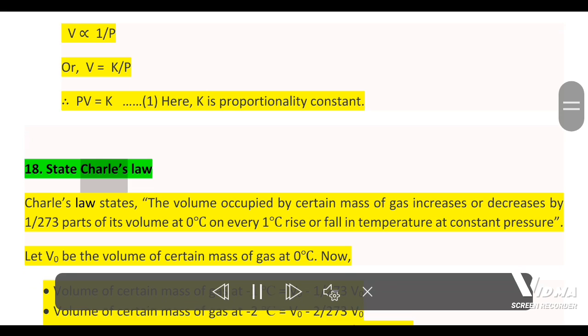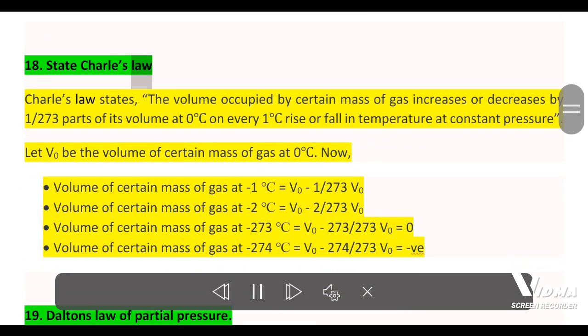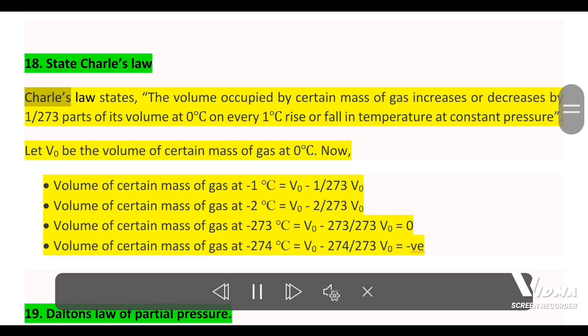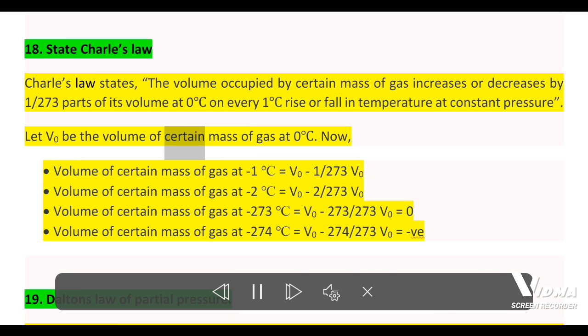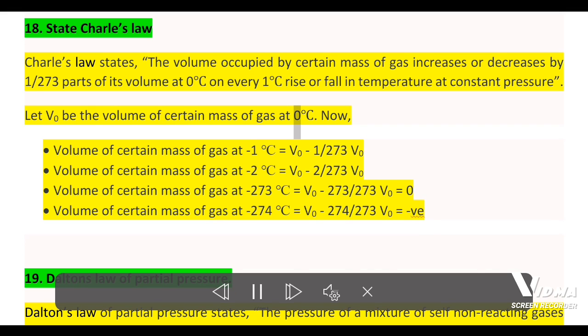18. State Charles' law. Charles' law states, the volume occupied by certain mass of gas increases or decreases by 1/273 parts of its volume at 0°C on every 1°C rise or fall in temperature at constant pressure. Let V0 be the volume of certain mass of gas at 0°C. Now,